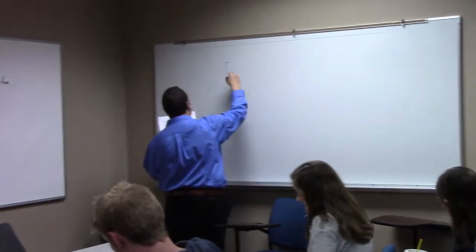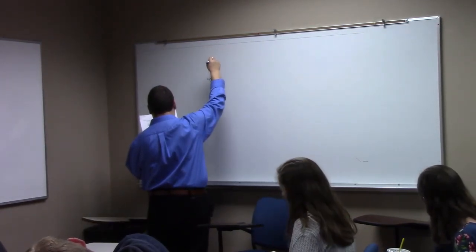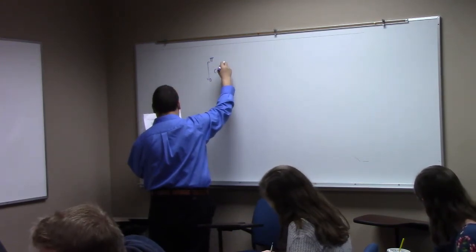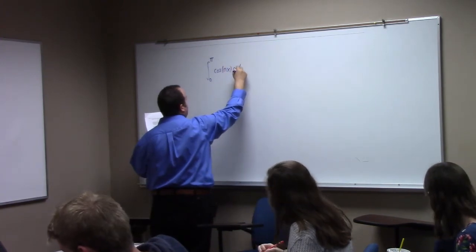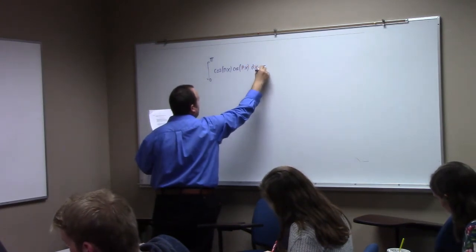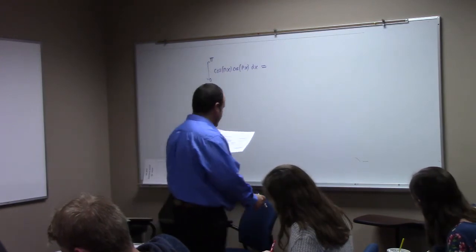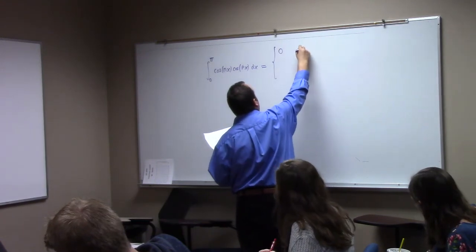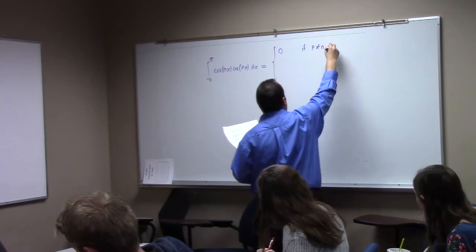The integral from 0 to pi of cosine nx times the cosine of, let's say, px dx equals zero if p is not equal to n, since